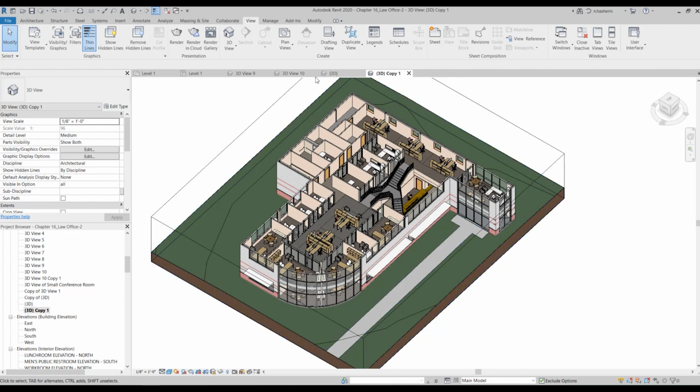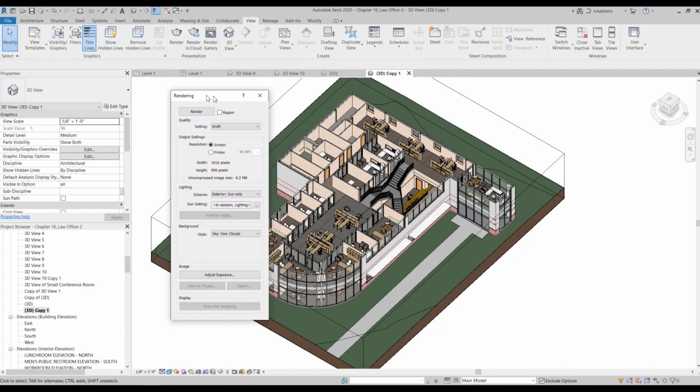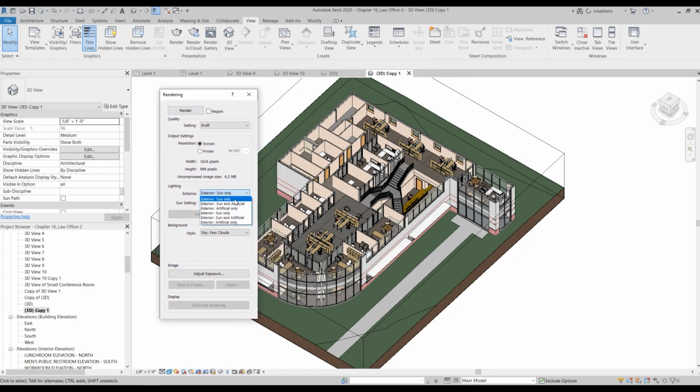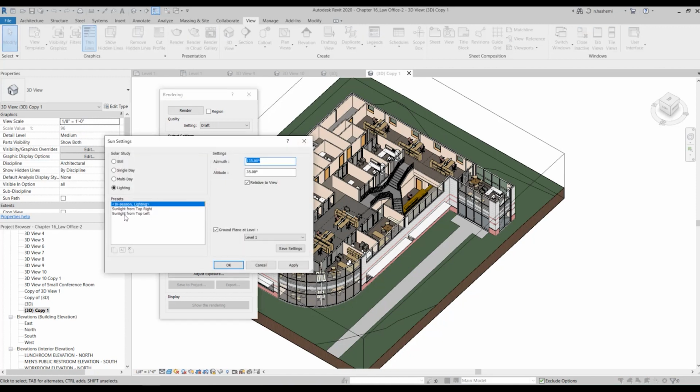Now I'm going to render this view. So I go here, and from here choose sun only because it's kind of an exterior. We don't want the artificial lights in our rendering here. From here, I can choose, for example, sunlight from top left or right.